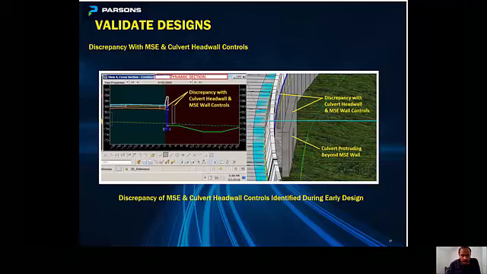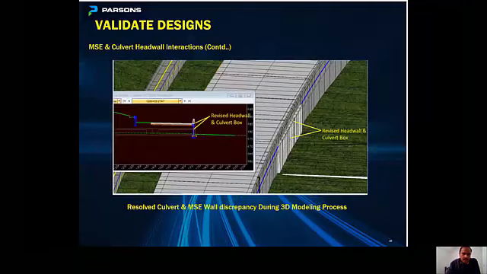Later we brought this to the attention of the drainage engineer, and we were also able to provide the optimized culvert length and location. We were also able to suggest the accurate location of the head wall, and that issue got resolved. As you can see in this picture, it shows how the head wall got moved, and the culvert length was optimized.